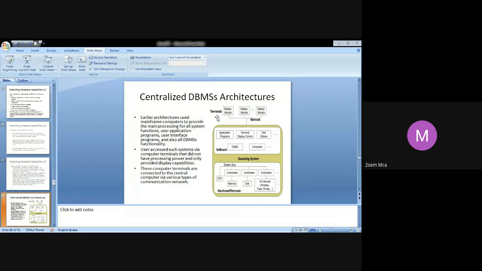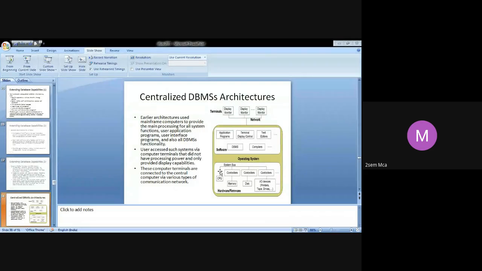That is how your centralized DBMS architecture started off. This figure shows how it all started. You had a central computer, with some OS on which the DBMS software sits, and a number of terminals connected through the network.